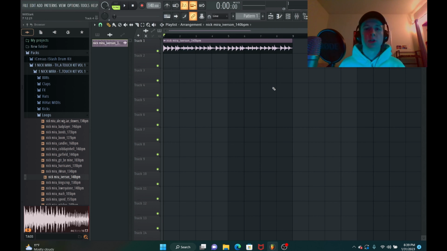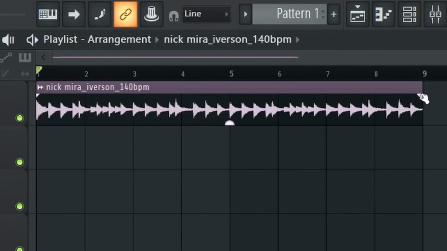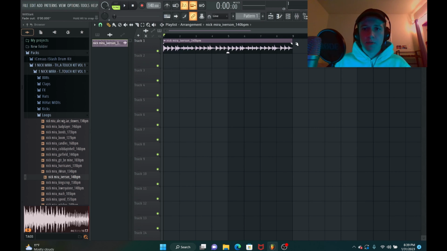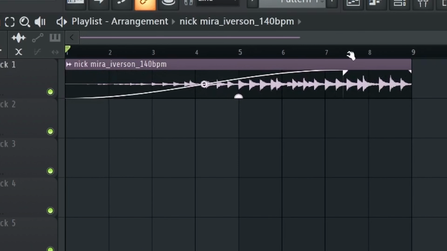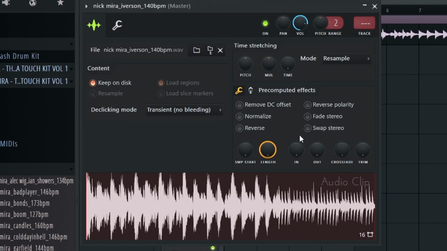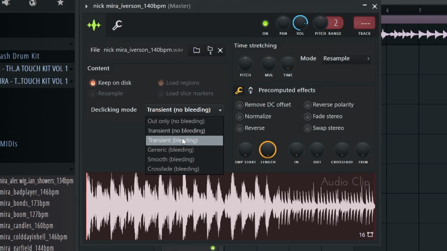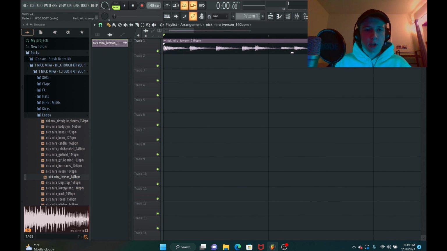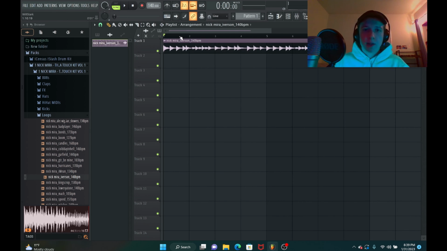An alternative to fading in, fading out, and declicking in Edison is doing it on the playlist. As long as you have FL Studio 21, this will work. You have these little drag bars left and right of your sample. If you wanted to fade out like that, or fade in with this one, you could do that. And if you double click, you can actually declick through the process of adding generic, bleeding, smooth, crossfade. These just add more or less of a reduction to the waveform, but that's another way to use the